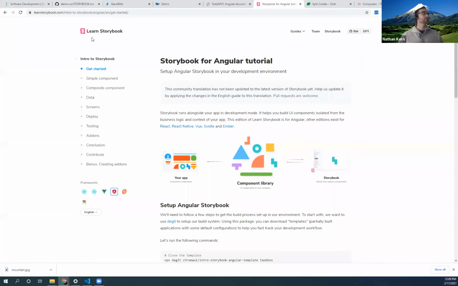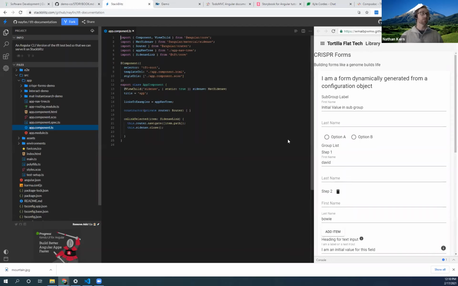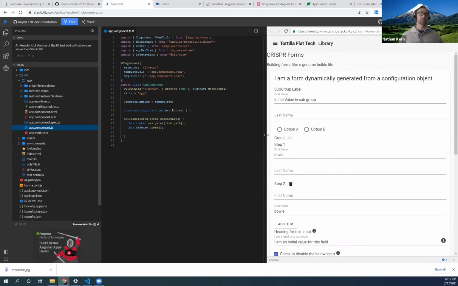And so for most libraries, before Storybook, what you would usually do is create some sort of demo app to demo what these components can do. And so this is an example. This is a library I have, and before I learned how to use Storybook, this is what I did. This is CRISPR Forms. It's just a form generator,